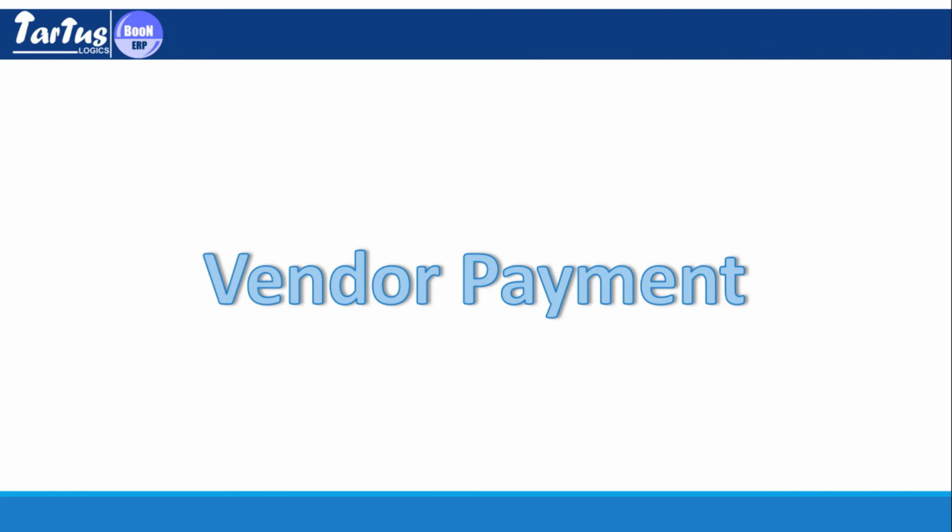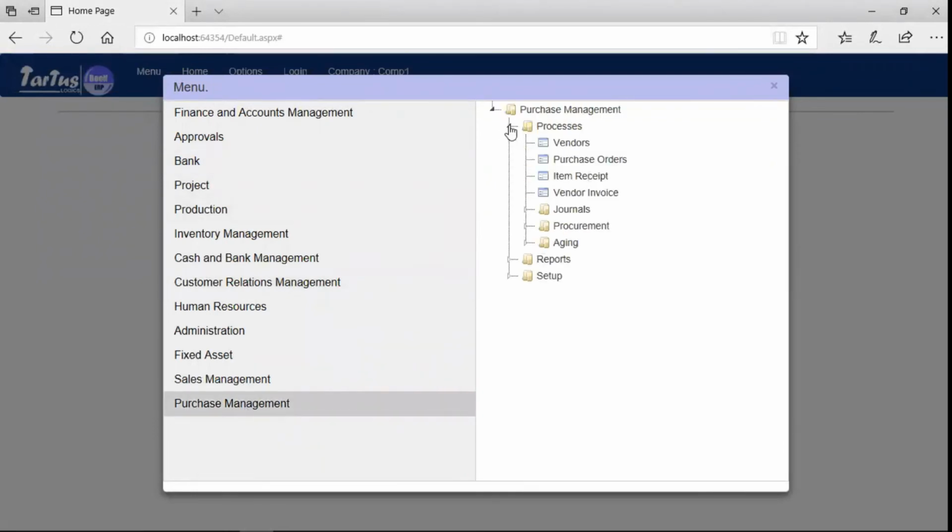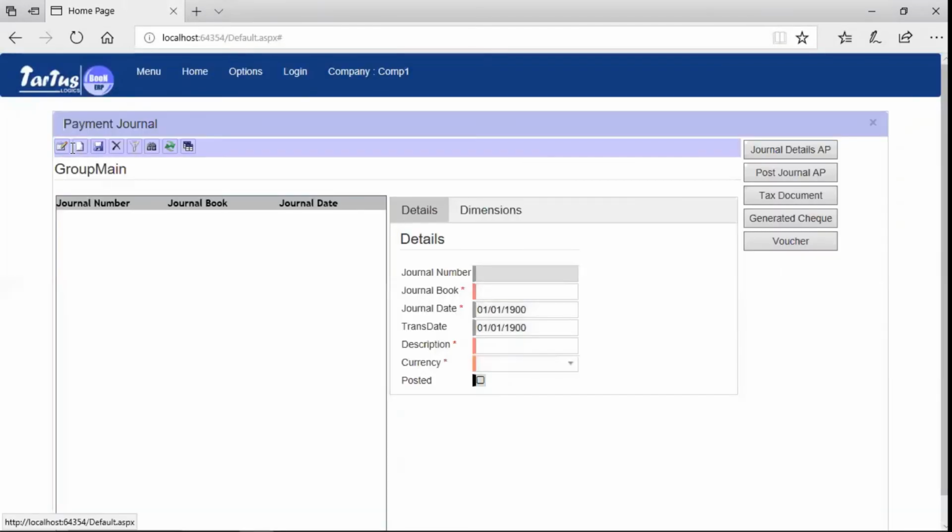Now let us make payment to the vendor. Navigate to Purchase Management, Processes, Journals, Payment Journal. Click New, select Journal type, dimensions and other information came automatically.